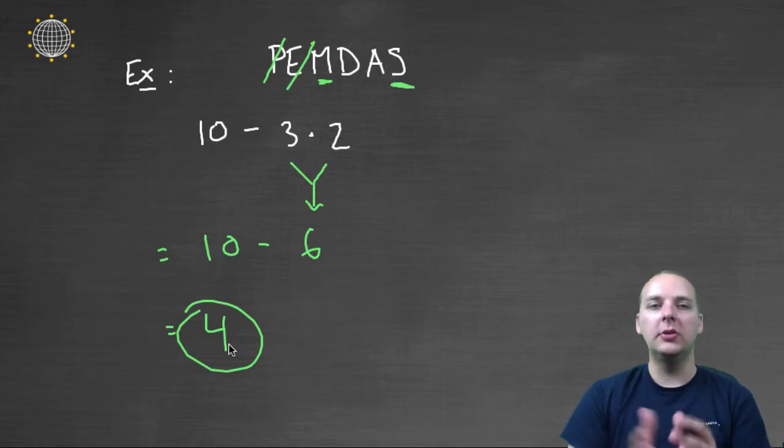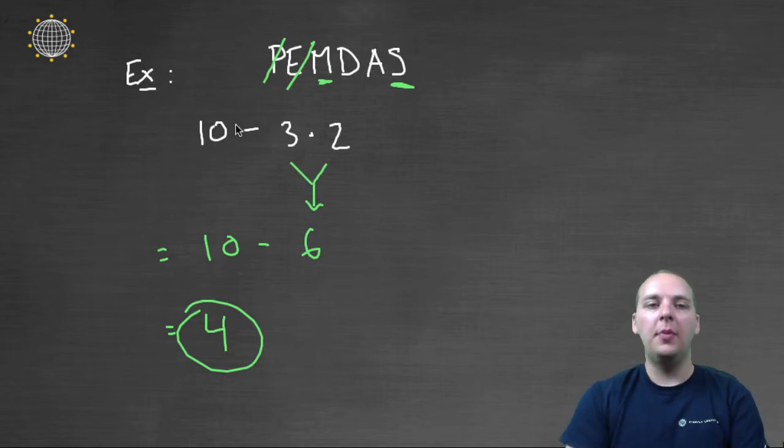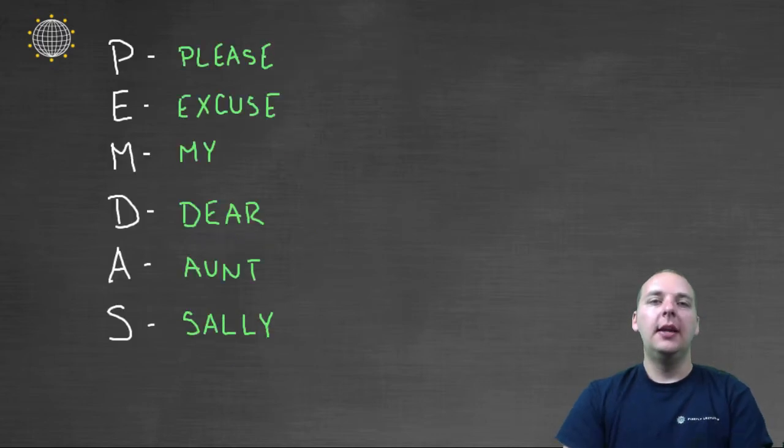If everybody follows the order of operations, that'll really cut down on how many parentheses we have to write all over the place, because everybody understands that we're going to do the operations in this order unless specified differently by parentheses. Okay. Now, how do you remember the order of operations?